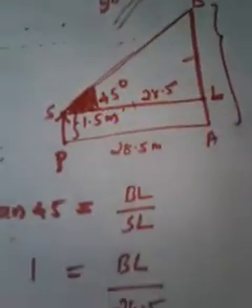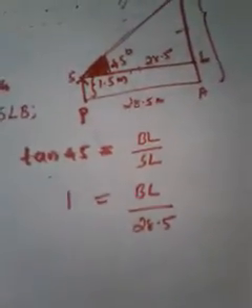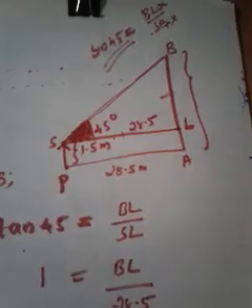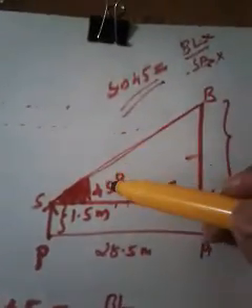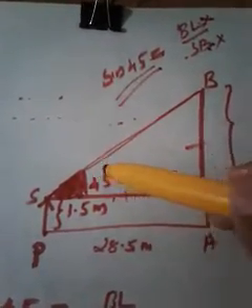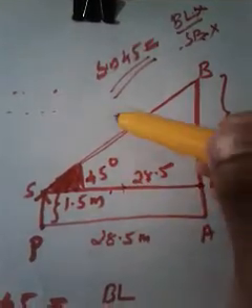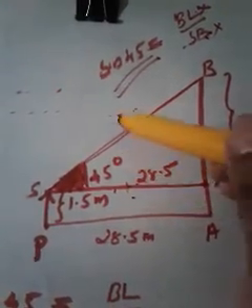I used tan. And cos also can be applied. But how can we apply cos? When you apply cos 45, it is nothing but adjacent by hypotenuse. Adjacent is given, but at that time we can calculate the hypotenuse.